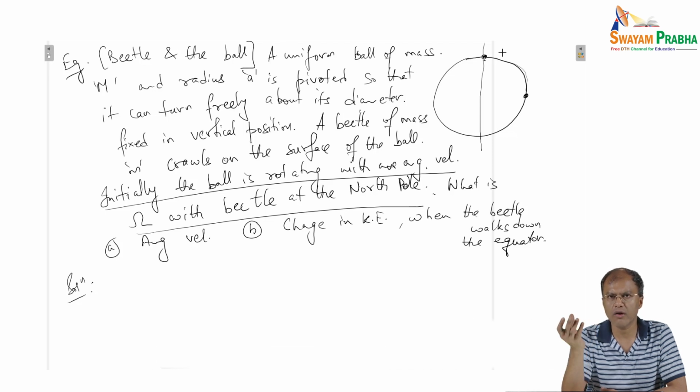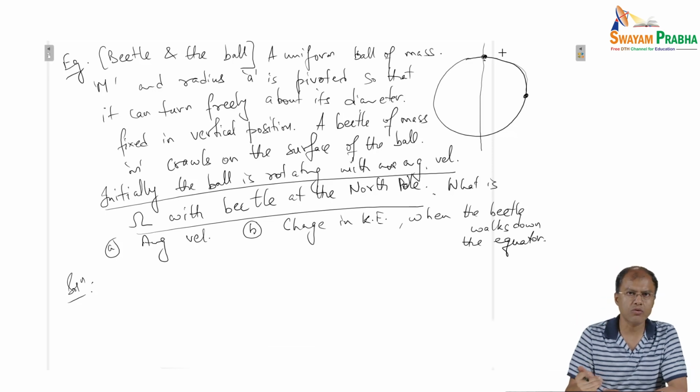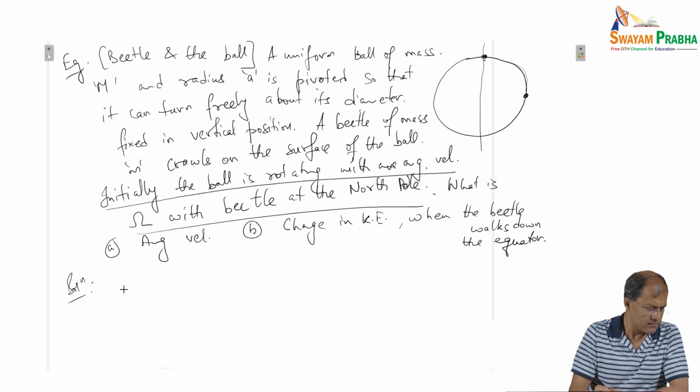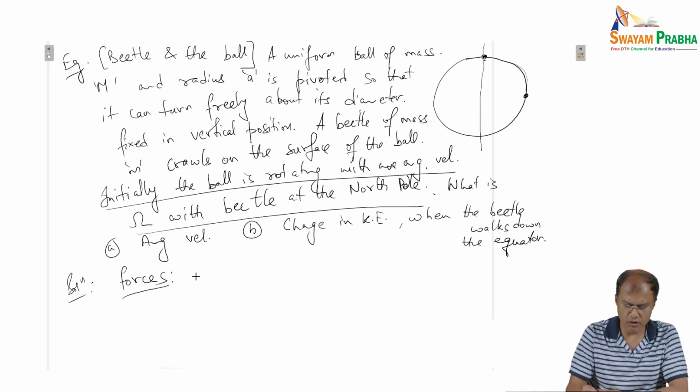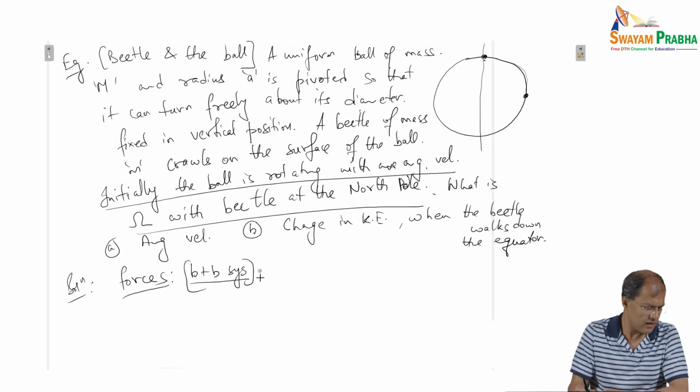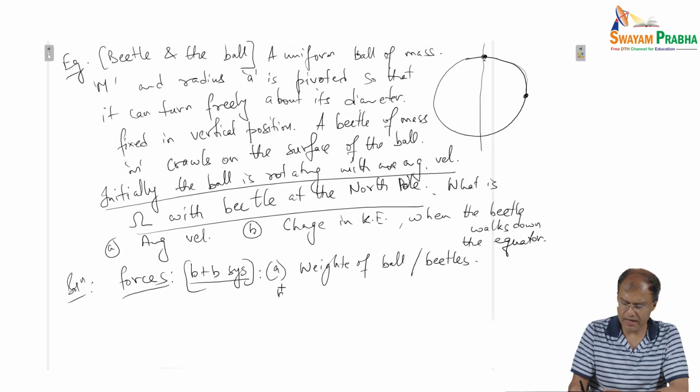So that is an unknown of the problem, which will be cancelled by taking the axis of rotation on the pivot itself, which is true. So what we have are the forces of the beetle-ball system. We see that the forces are the weights of the ball and the beetle, and the reaction forces